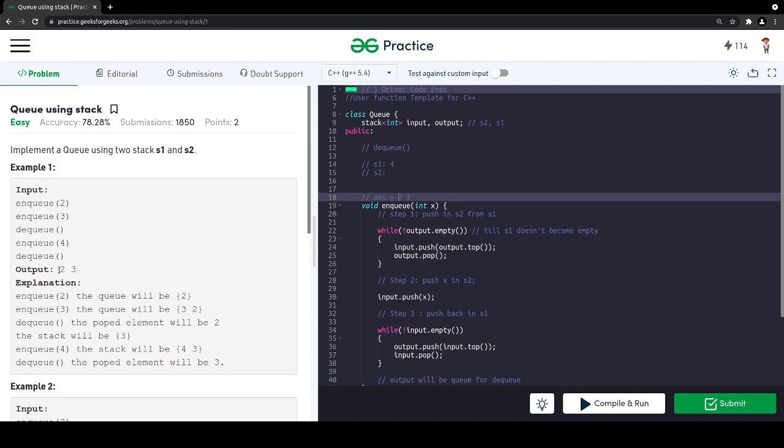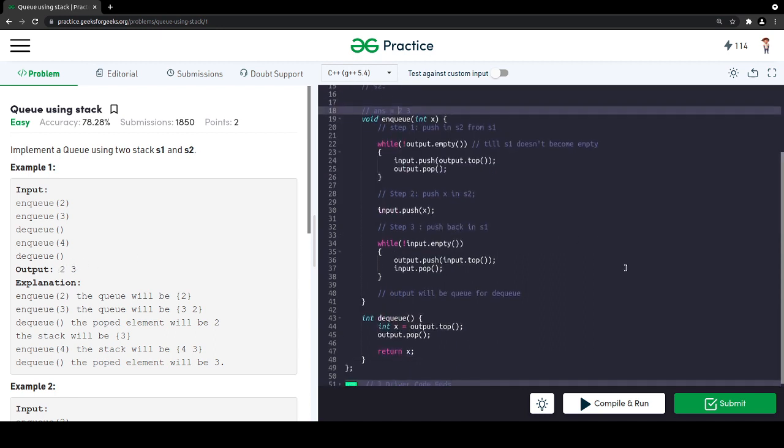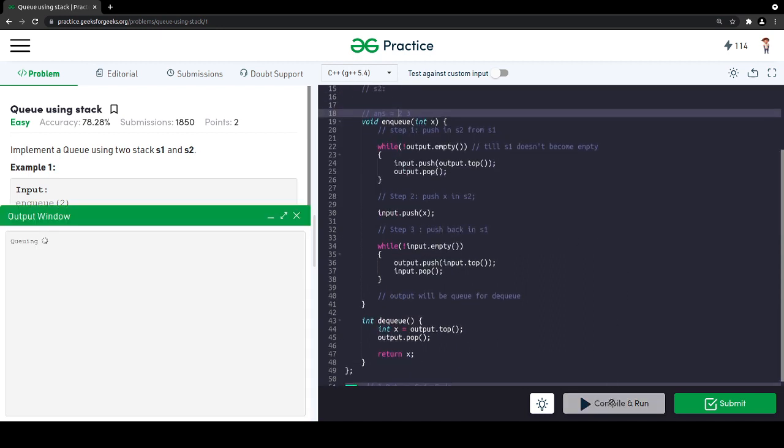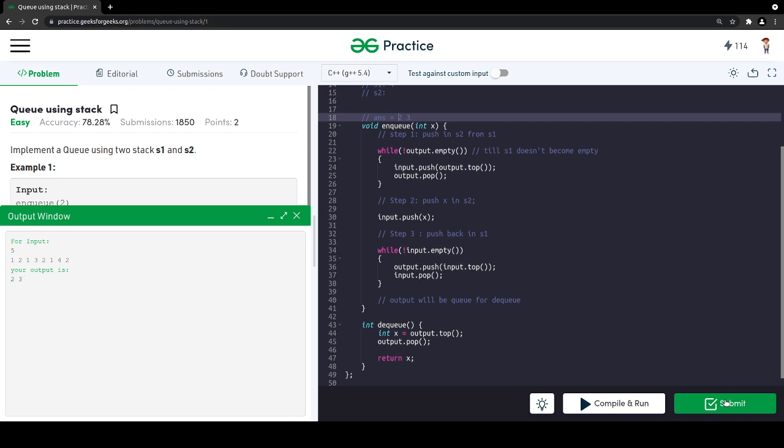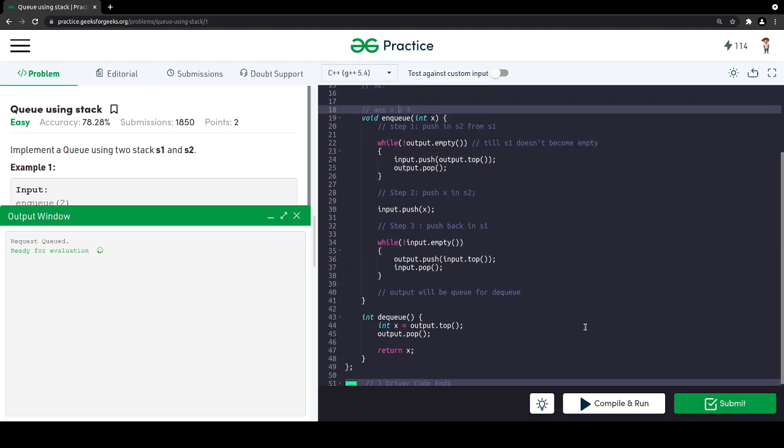So I think it is time to compile the code and check if we are getting the right answer. Okay, so here I am getting the right answer. Okay, so now I am going to submit the code. So here I am getting the correct answer.